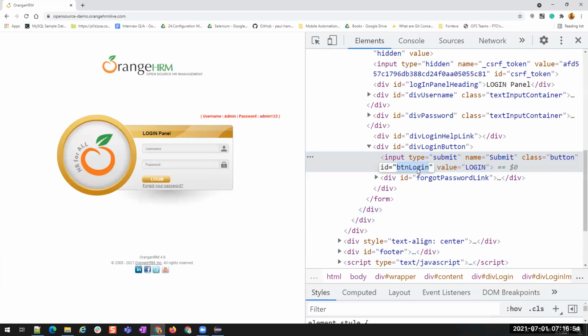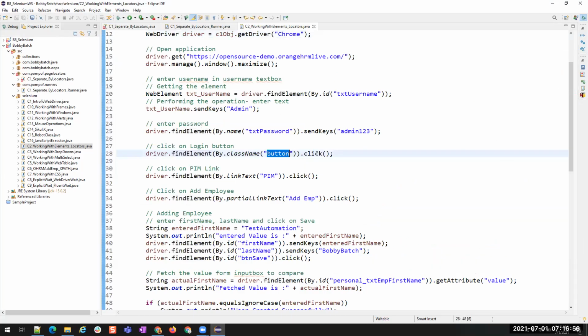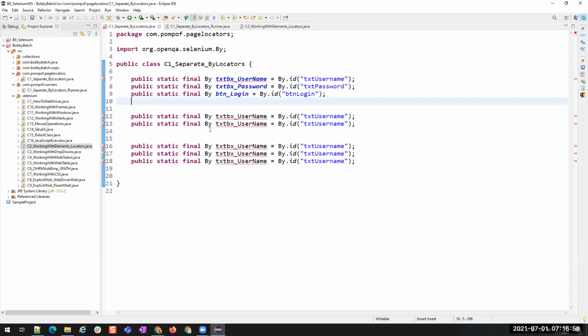Yep, its ID is btn login. Sub class, here it is, btn login, and then I want to click on PIM. So I'll say lnk underscore PIM. For PIM, we used by dot link text, and the link text is PIM.